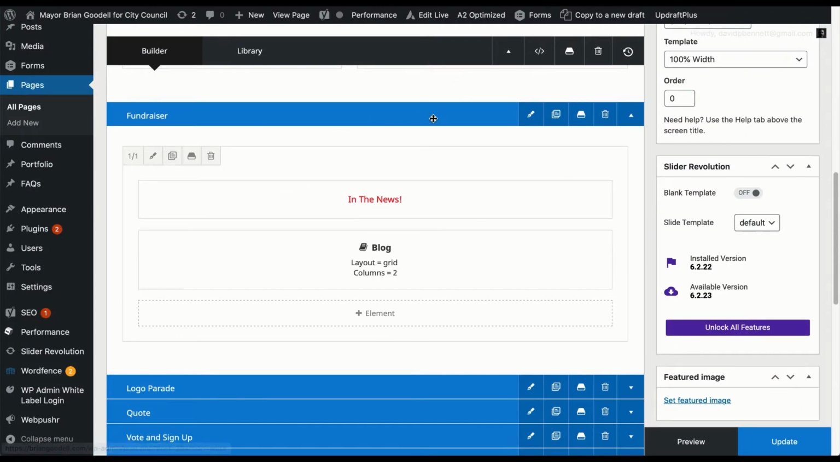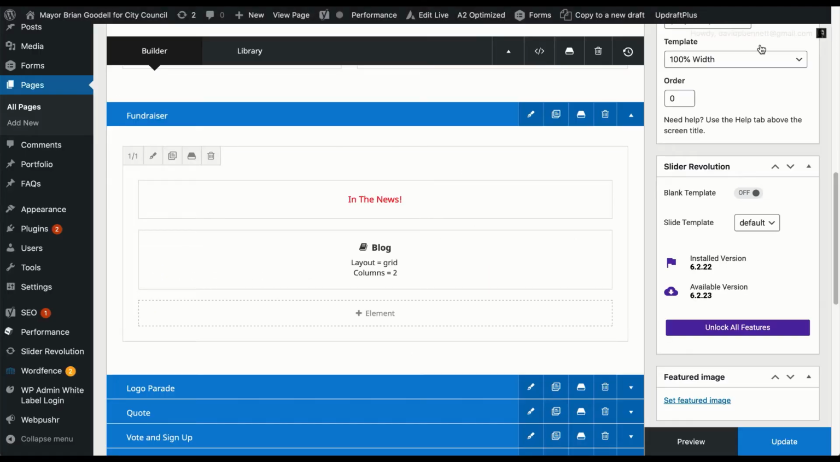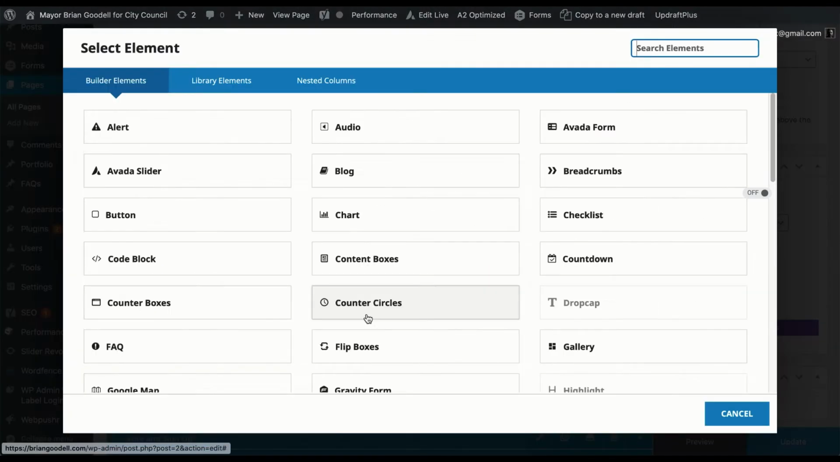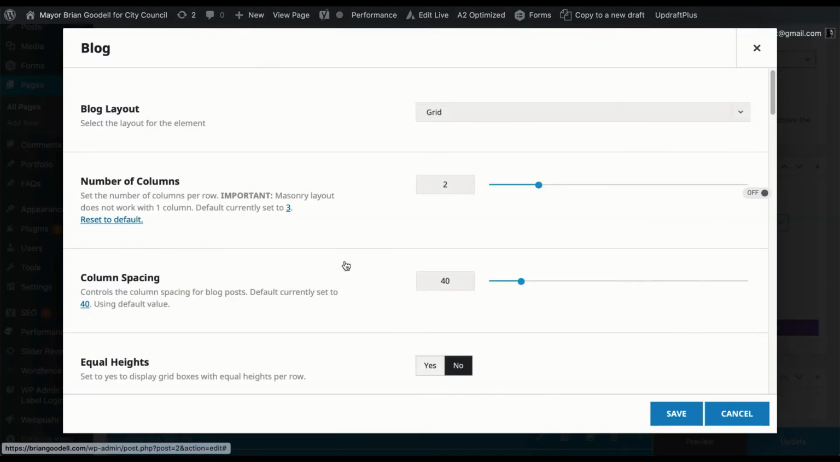So this is the row that we're going to be editing. And what I did was I just used one column row, and I chose the blog feature. So I went down into elements here. I chose blog. I insert the blog, and what that's going to do is it's going to pull in all of your posts. So all I did, because we only have a couple posts right now, I pull in two columns,